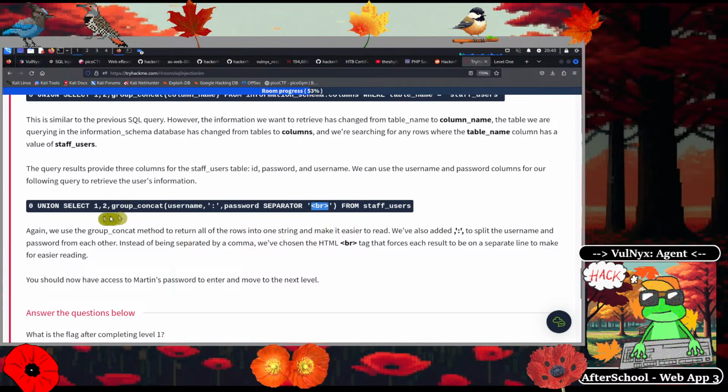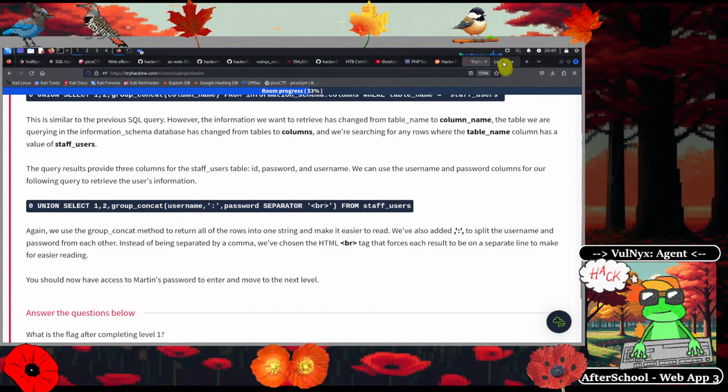So this is slightly more advanced SQL injection stuff. This isn't usually what we would do, but this is a special web app, so we have to do some fancy stuff in order to get the information we want. So this payload over here, we can copy that